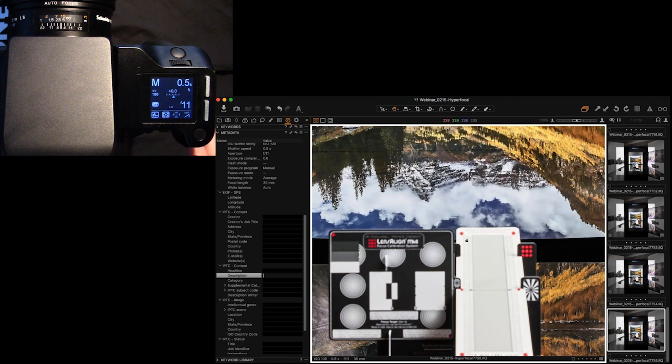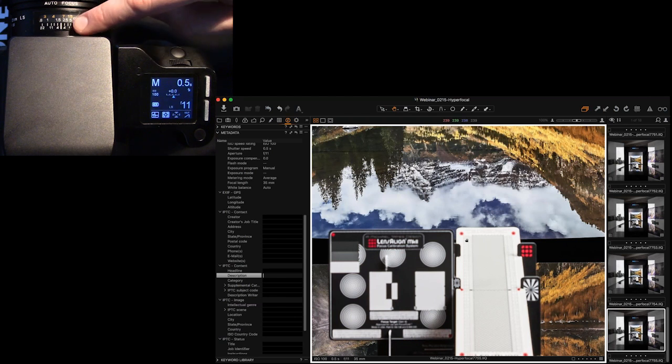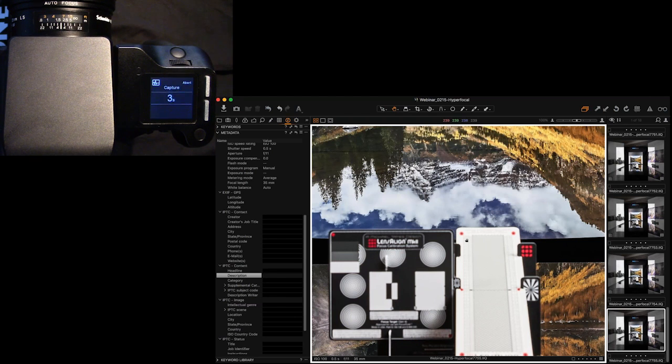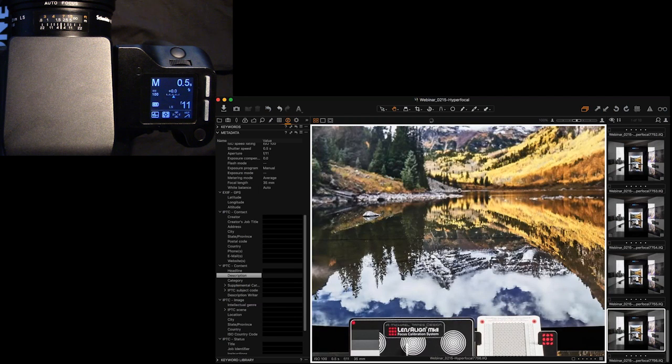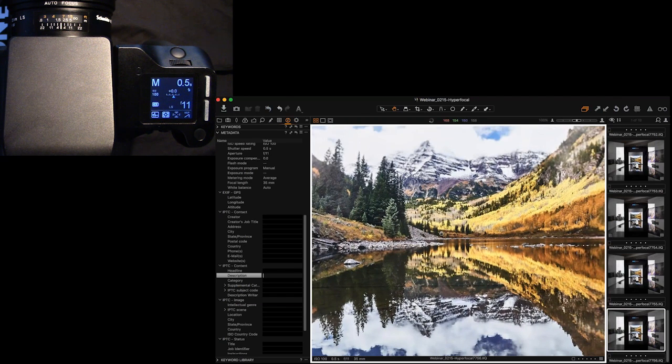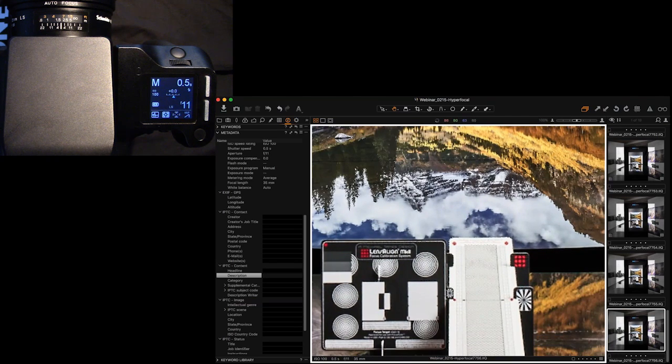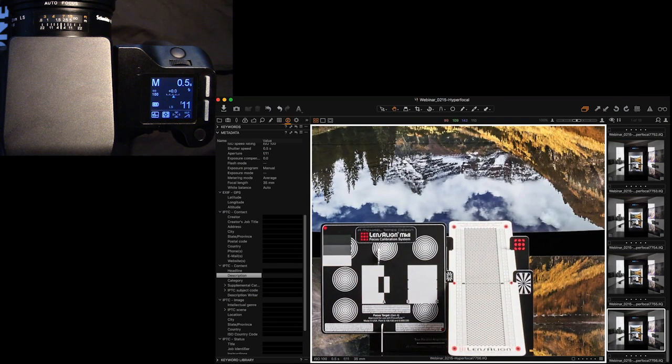Now, if I use my hyperfocal point, I'm just going to push the button on the inside of the grip, and you'll notice here on the lens, we go to that value that I saved previously, and I take a shot. The image that comes into Capture One, my infinity focus is still nice and perfectly sharp. The exact same results as using autofocus at infinity, but what did I gain? I gained all of this depth of field in the foreground.